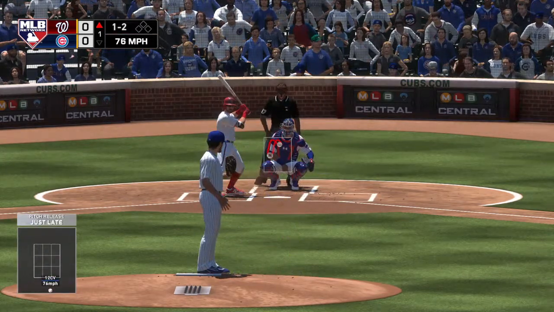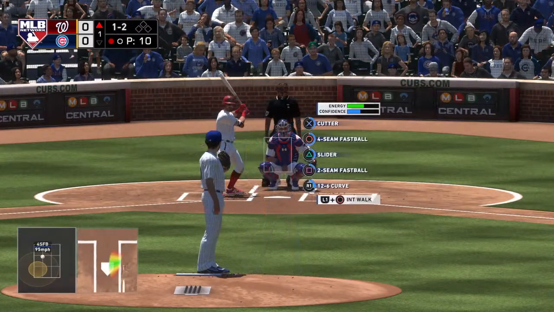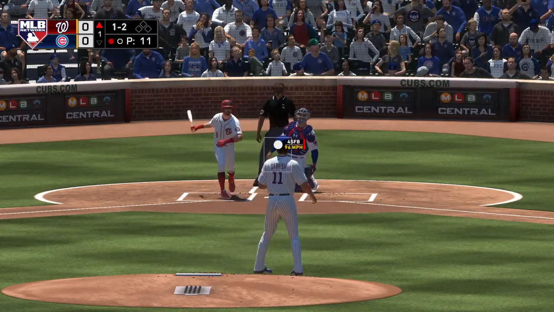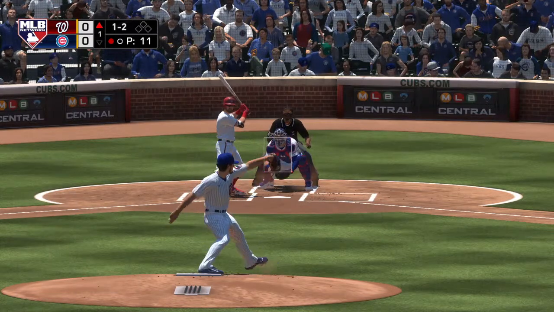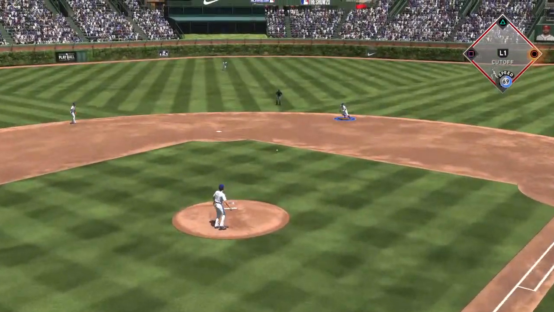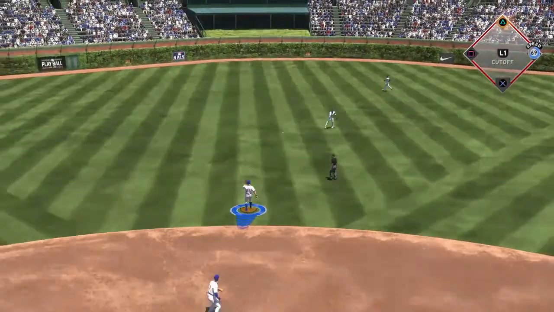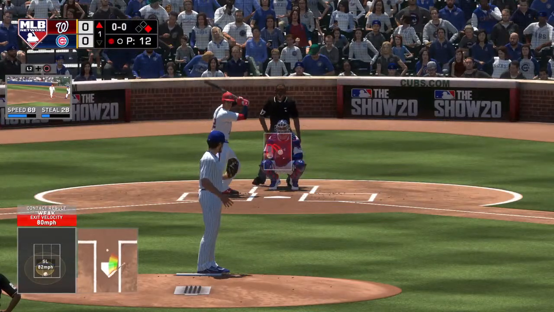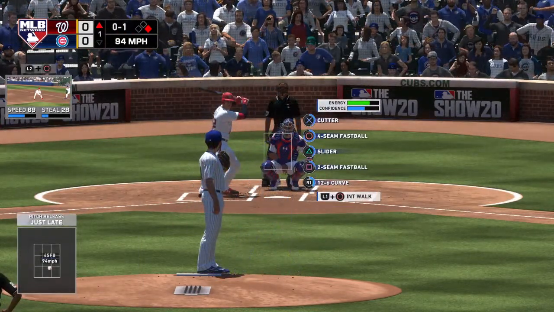Oh, 1 and 2. Batting third, the left fielder, number 22,